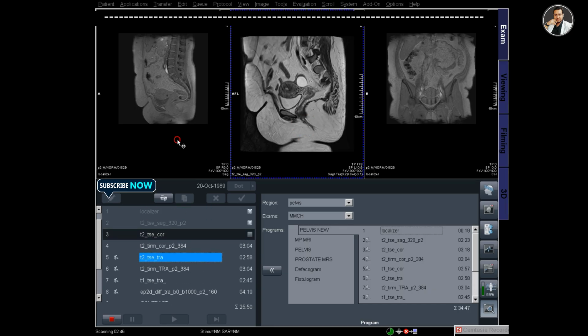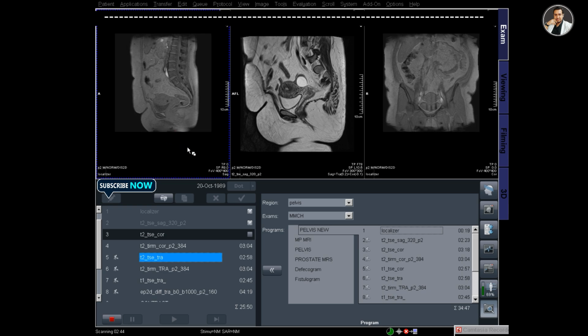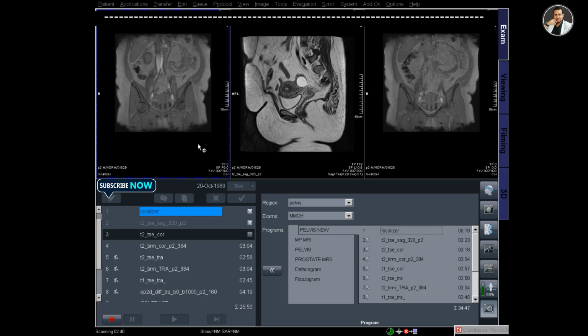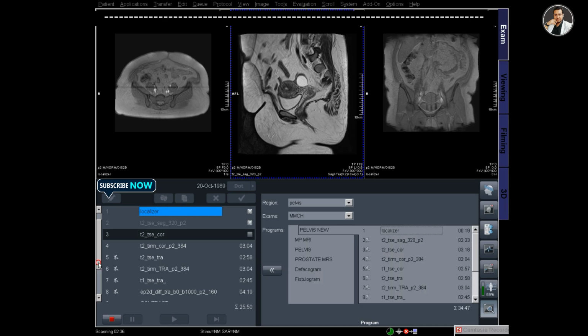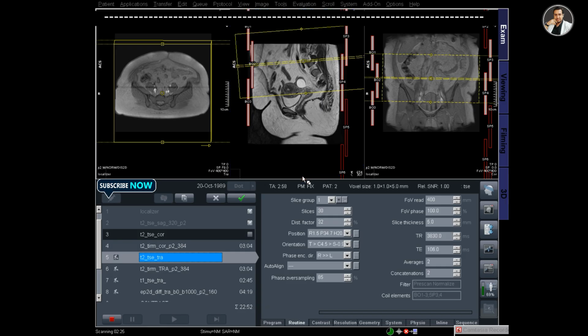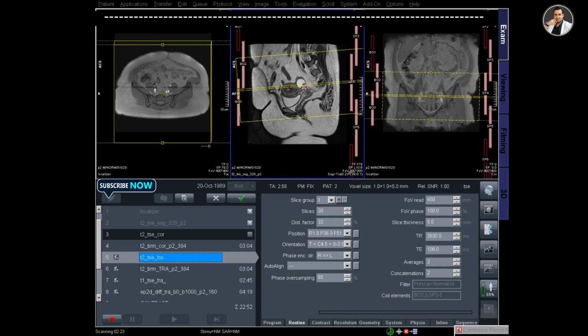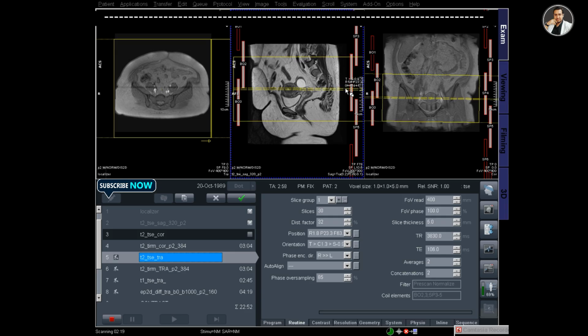And now I'm planning for axial images. For this, I take axials in the first box, and then sagittal, and then coronal. I'm opening T2 TIRM transverse and planning on the sagittal image parallel to the uterus.